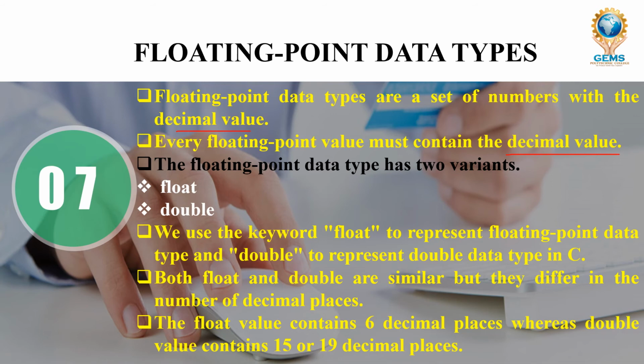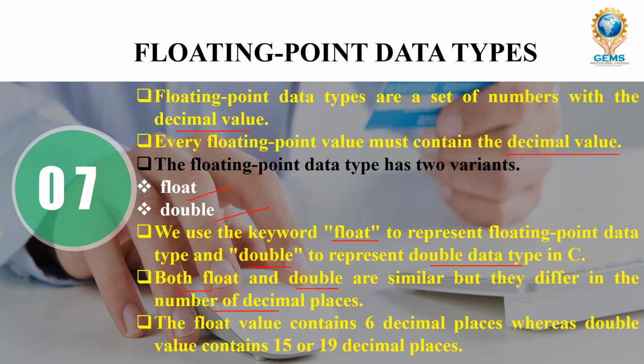There are two variants of the floating point data types. One is called float, and another is called double. We use the keyword float to represent floating point data types and double to represent double floating point data types in the C programming language. Both float and double are similar, but they differ in the